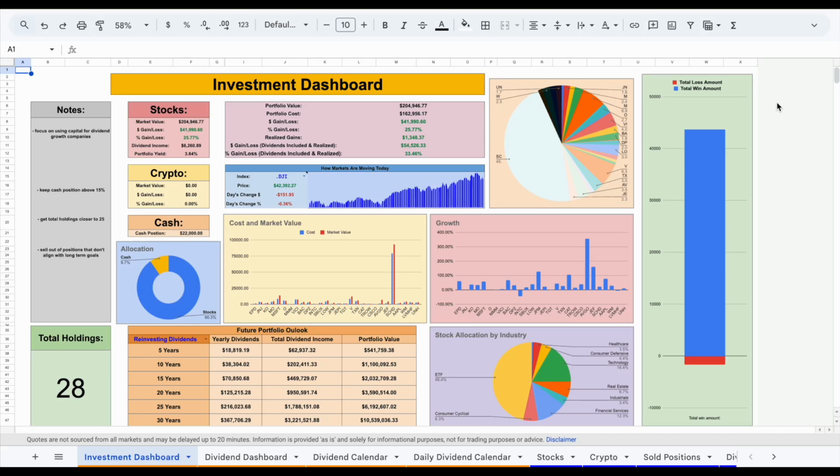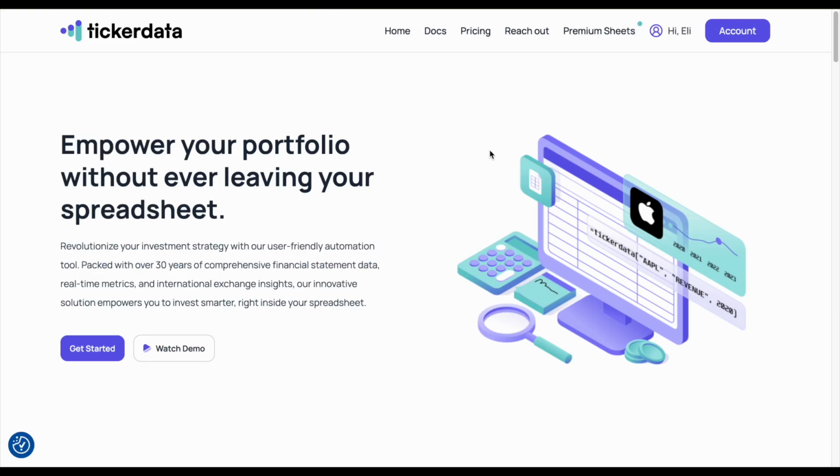In this video, we're going to be doing an in-depth step-by-step tutorial of how to use the Do-It-Yourself Investor Toolkit and showing you how to use all of the different features. Nothing will be left out. That's my intention. So to start off, if we go over to Tickerdata.com, if you're a premium member, you're going